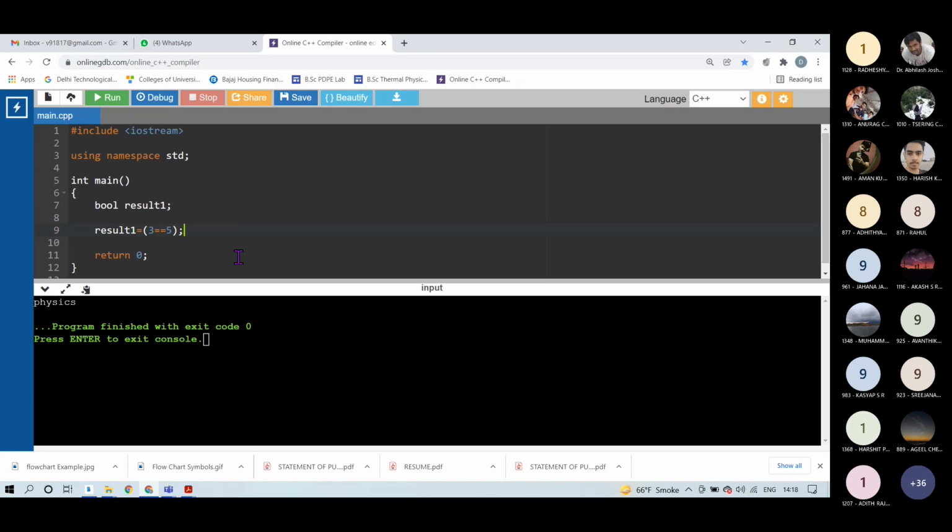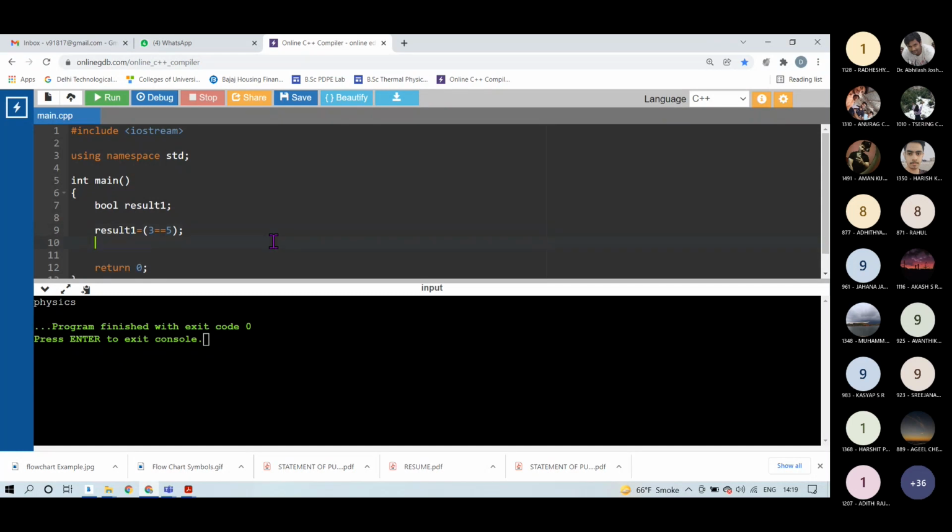Can you tell me what will be the value stored in this result1 variable? 0. Very good. Because you can see right hand side will be evaluated first, and this 3 equal to 5 is a false statement, and false means 0. So this 0 value will be stored into this variable result1.